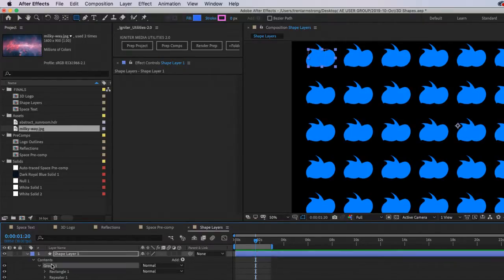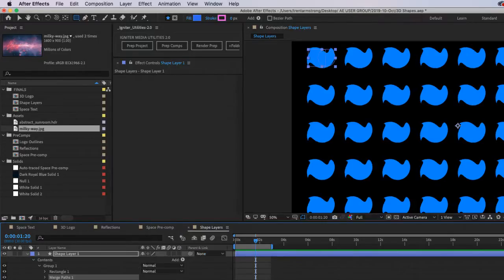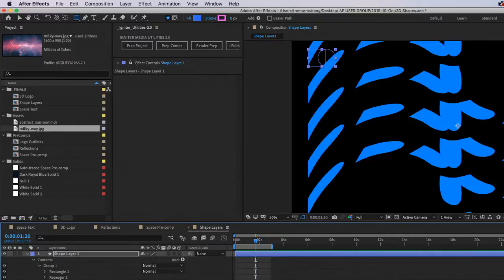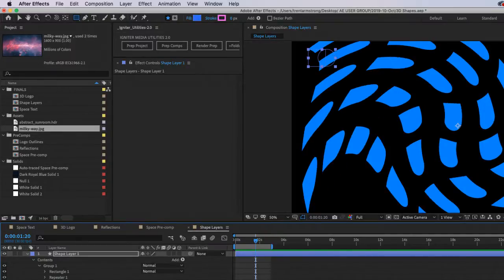So maybe if I. Looks like they planted a garden of new potatoes, tomatoes. Now, so I merged the paths and the repeaters together, and now the twist is happening on the whole shebang.